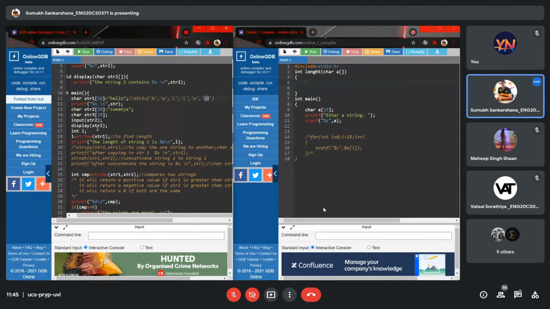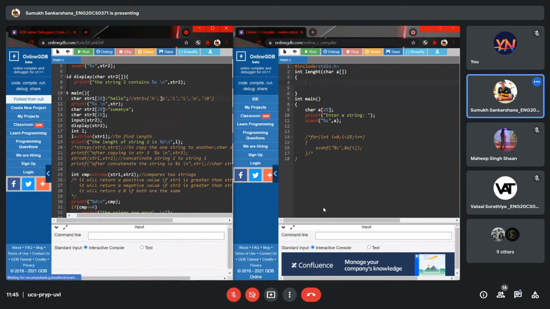So whenever a string ends with a null character, we know that's the end of the string, but we won't be printing that null character. So what strlen does is count each and every character stored in an array of characters, that is strings, and it will return that value.